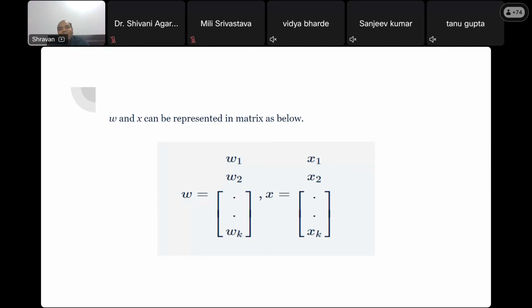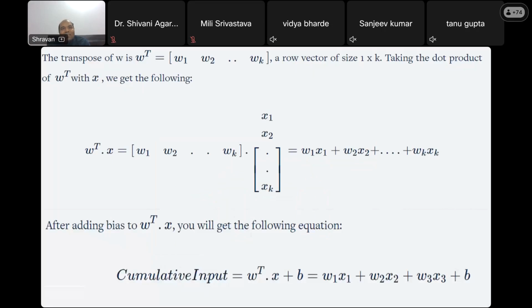So why am I doing that? Why am I creating a matrix, basically? So you can see further, in the matrix, it is easy to store n numbers of features, and it would not lose any value. And as I said, the cumulative input is created by imposing the weight onto the input. So here we can transpose the matrix for weight and then multiply it with the input. Then we get the cumulative input, and in the end, we can add the bias to the cumulative input